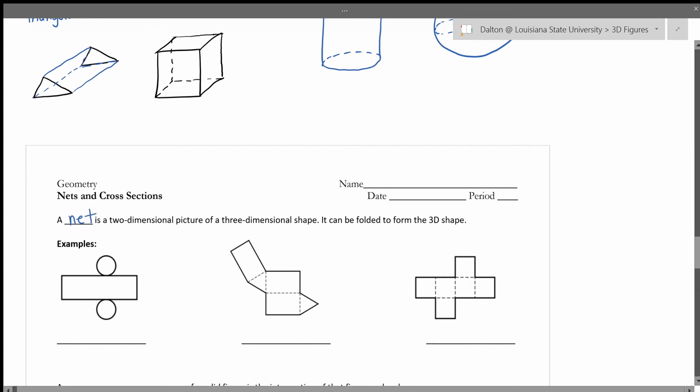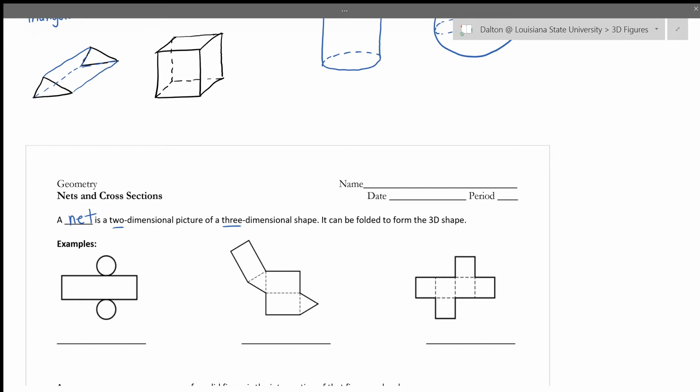So a net is a two-dimensional picture of a three-dimensional shape. So think about that for a second. Your paper that you're writing on right now is two-dimensional. It's flat. It goes up and down and left and right. Those are the 2 dimensions. Well, up, down is one dimension, left, right's another dimension. In order to try to